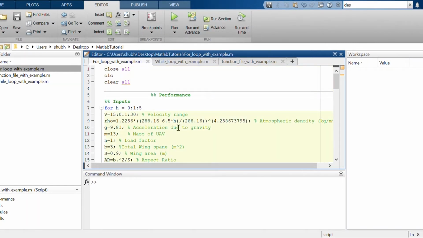First I will explain how the different files exist in MATLAB, and in what file you will write your program, script file or function file. Subsequently I will tell you what the use of for loop and while loop is, when we will use a for loop and when we use a while loop.